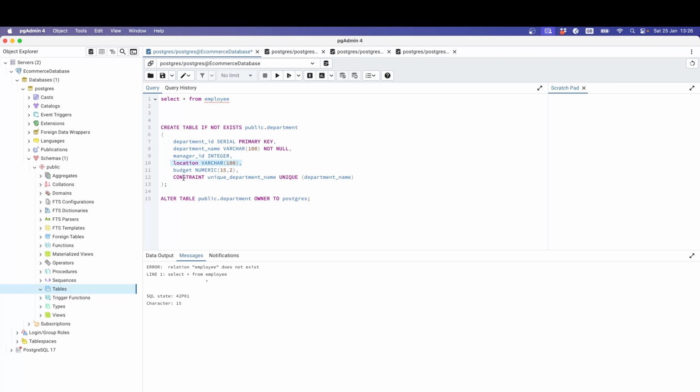Budget, the actual budget of the department, and this is the constant. Okay, the constant is the unique name, unique, and then department. So what is that, you cannot write this one, or you can write it, it's up to you, depends on the requirements. If you want to force the user never ever enter the department's value null,